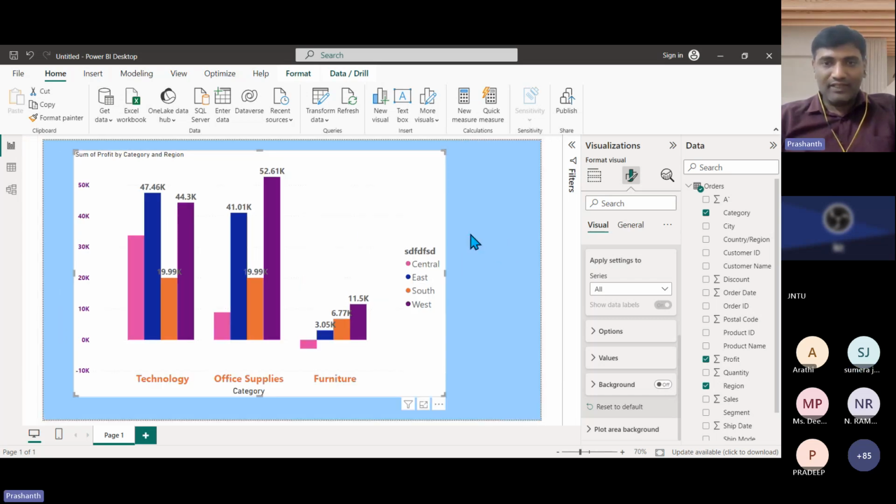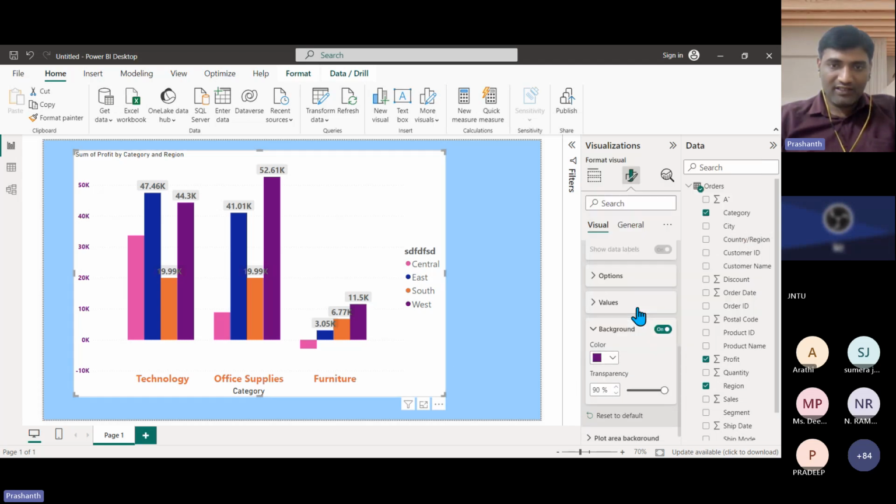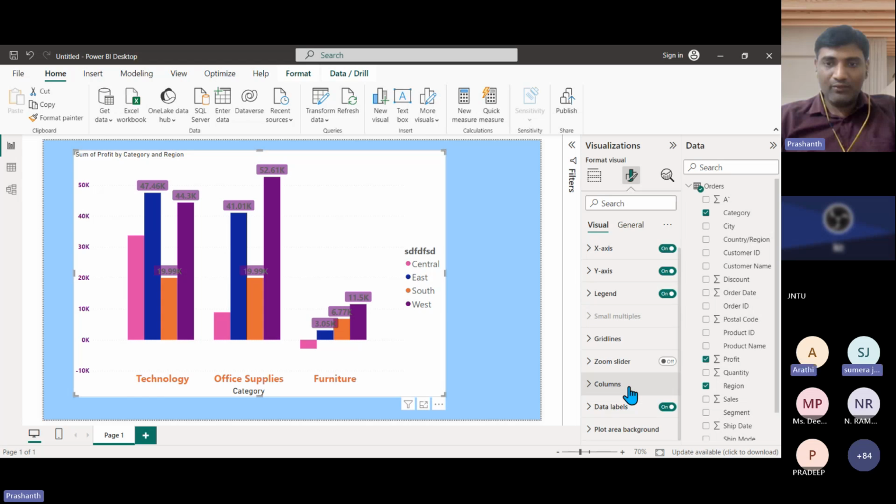So that is the thing. Like you see, this is a visual. And finally, this background. When I put the background on, you can see the data label background is with some color. If you want to change that background color, you can change it. Based on the transparency level, the values change. This is purely based on your requirement. Finally, just click this and go with it, and see this is the visual